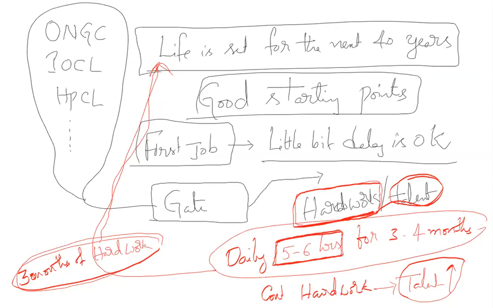That means you are slowly going away from the PSUs. If your rank is below 100, you are extremely close to the PSUs. So if your daily hard work decreases, think that you are moving away from the PSUs. Not only PSUs, it is basically good MTechs also. If you want to study a good MTech, it is extremely required from the GATE point of view.